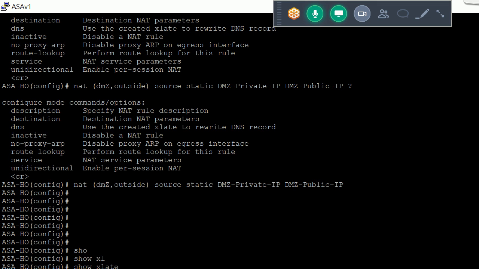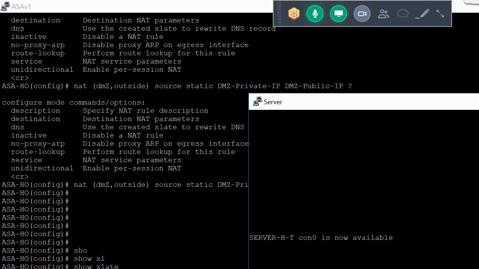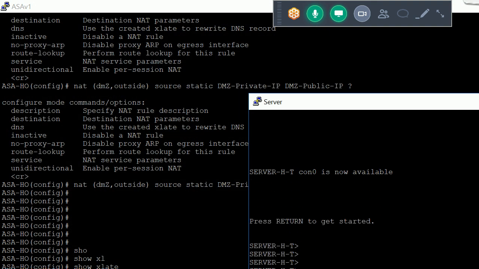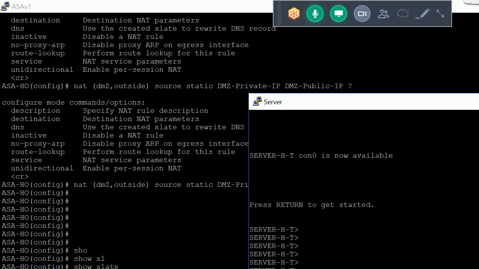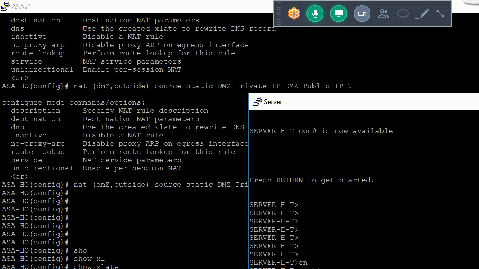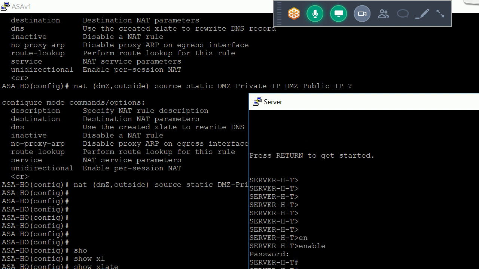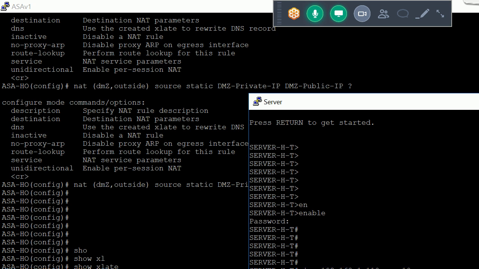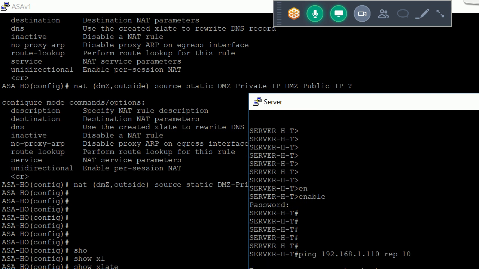Okay. So now if I go into my server, enable, and I'll just initiate a ping to 192.168.1.110 with a repeat count of 10. Yeah, ping is working.